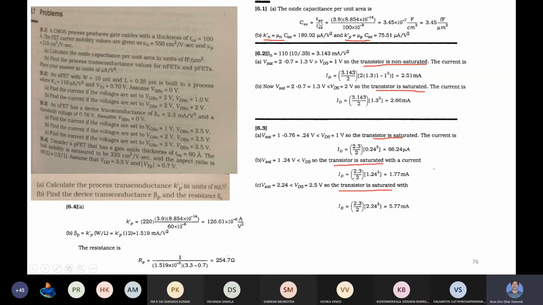So obviously COX is epsilon ox by TOX, which we are calculating frequently, and it asks us to calculate the process transconductance. The process transconductance is Kn dash, which is mu n COX for the n-channel MOSFET; multiply it. Similarly, Kp dash is mu p COX for the p-channel MOSFET. So it is possible to calculate it like this for the first problem, and other types of problems, like diffusion capacitance and others, you can discuss. But let me come to the flip-flop and other designs.